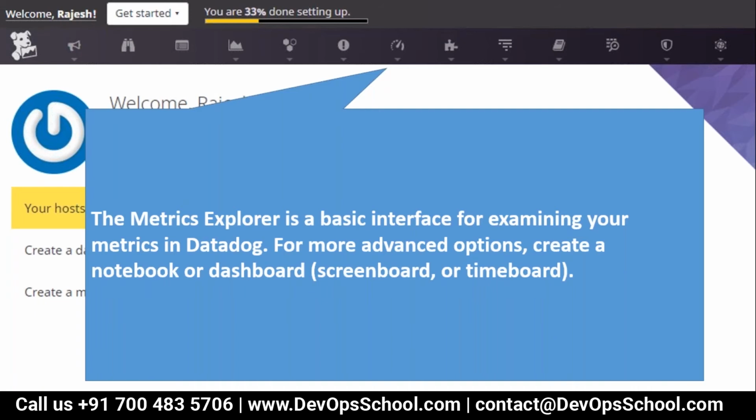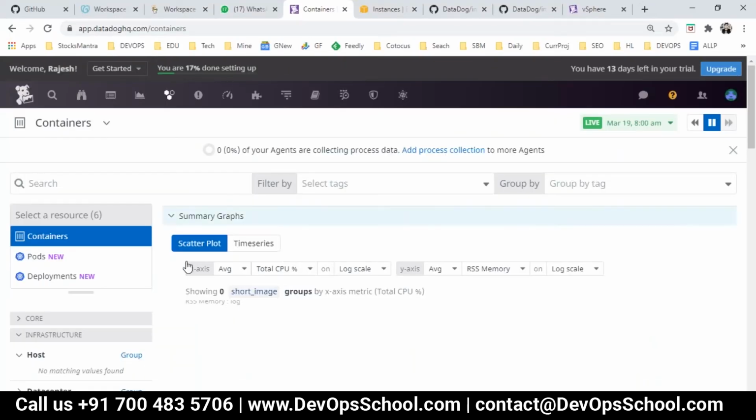Basically, the Metrics Explorer is a basic interface for examining your metrics in Datadog, and you can have notebooks also, which is an advanced version, and dashboards also for analyzing this information. But this Metrics Explorer is a direct place.